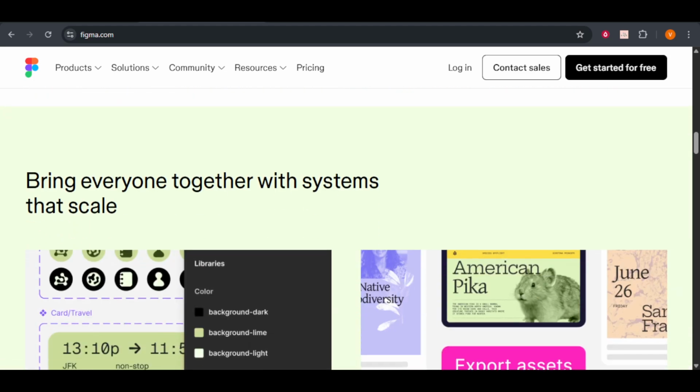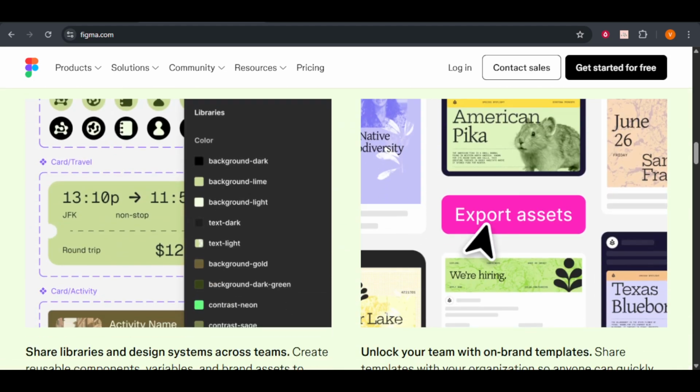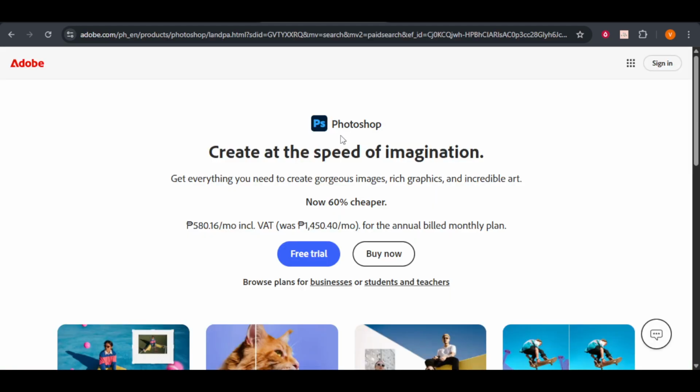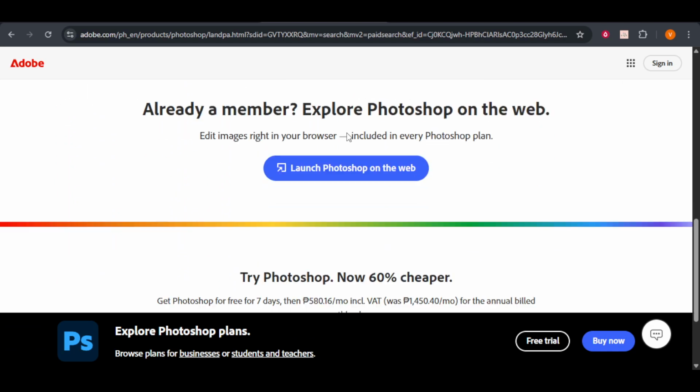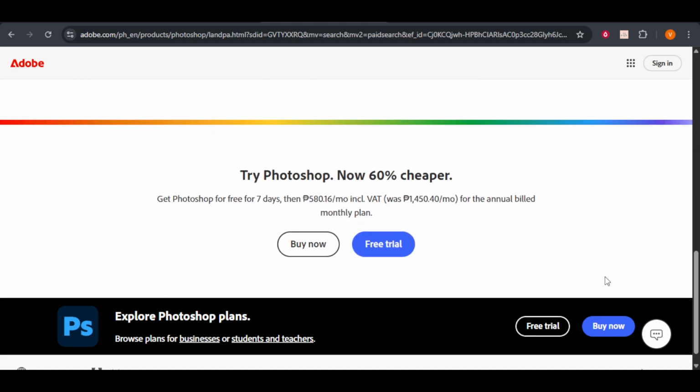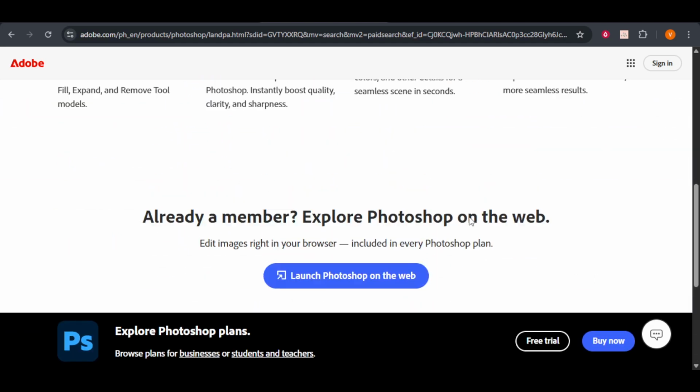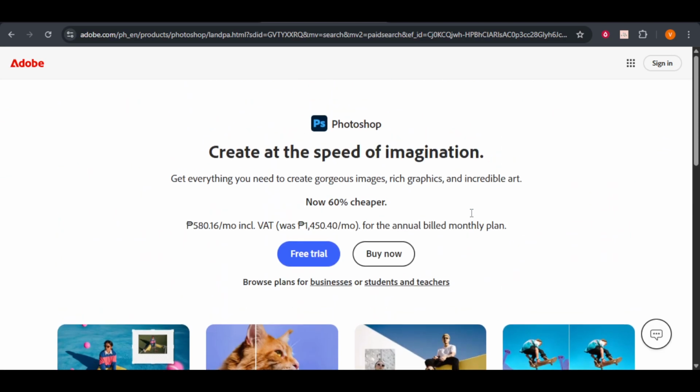This brings us to Adobe Photoshop. This software remains the industry standard for bitmap images and complex photo manipulation. If you need to retouch a portrait, blend textures, or create digital paintings, Photoshop is your best bet despite its